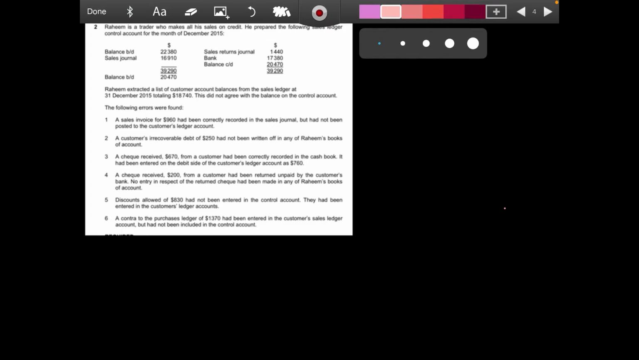In this video we will solve a question on control accounts. The question says that the balance of the control accounts was 20470, which did not match the individual ledgers' total balance, which was 18,740. So they listed all the errors, and we have to identify which error affected what. Either it affected the control accounts total balance or the individual ledgers total balance. So we will start by making